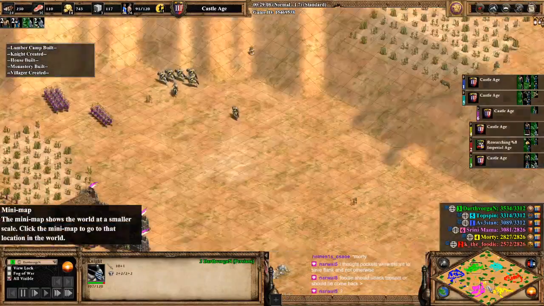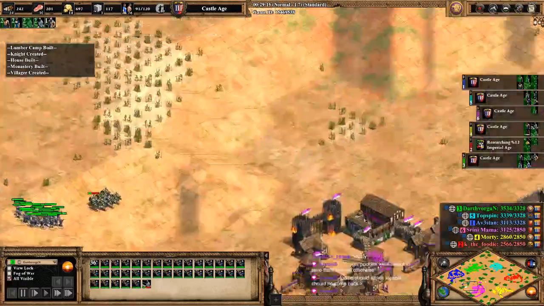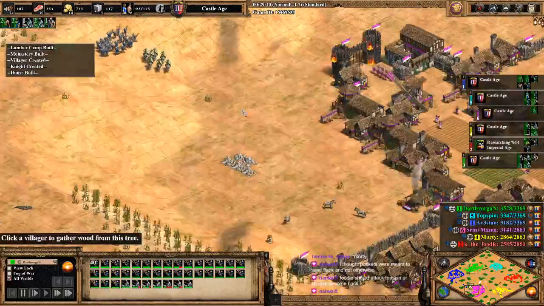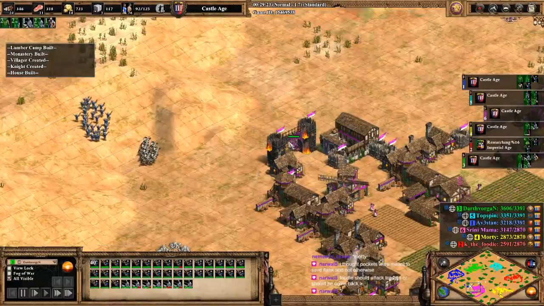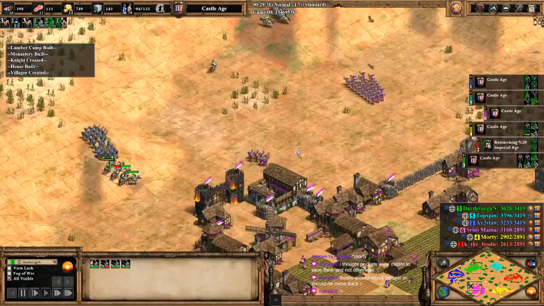Onkar already has +2/+1 on his knights. Same for Morty. I think both these armies need to be pulled back once they realize the armies are there. In terms of sheer number, I think